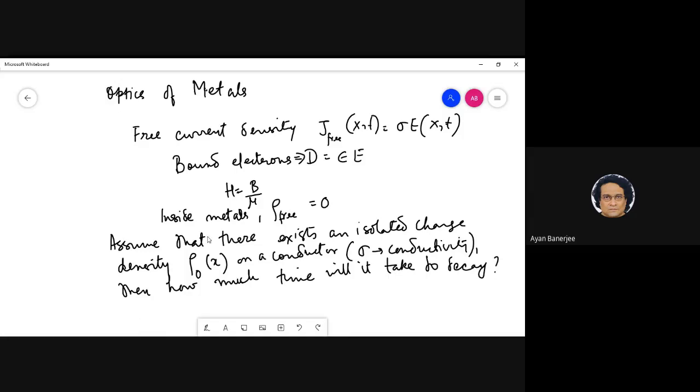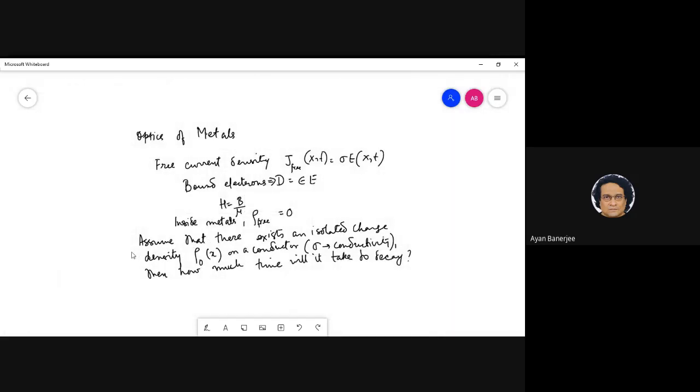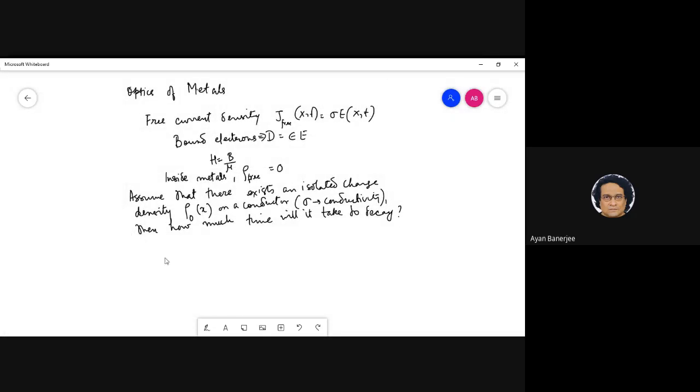So very simple. There is one important thing, that we are not assuming any polarization effect. Okay, that is crucial. We are saying that polarization is unimportant, so we say that polarization is negligible. And what is the consequence of that? Basically, your epsilon is epsilon 0. We are not assuming a particular permittivity of the material. We are saying that this is that of free space. Okay, so how do we go about it?